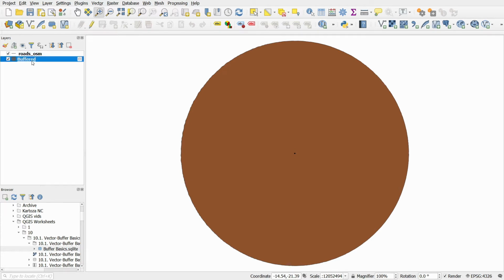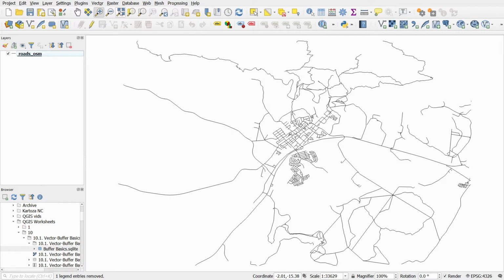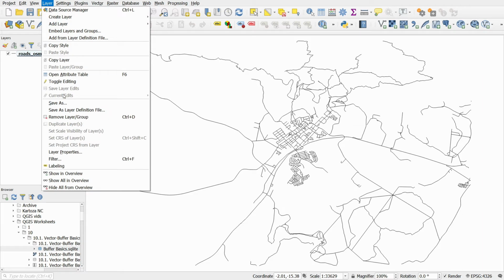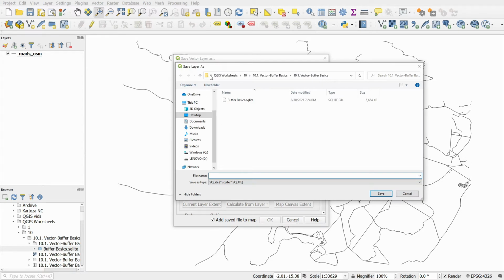So I'm going to start off by removing this buffer. I'm going to click on it and press Ctrl D and say remove. Zoom back to the extent of the roads, and I'm going to create a new layer that is projected. I'm going to go into layer. I'm going to go into save as. I'm going to leave it as the type of data it already is. And I'm going to navigate to our exercise folder, and I'm going to save this and call it roads